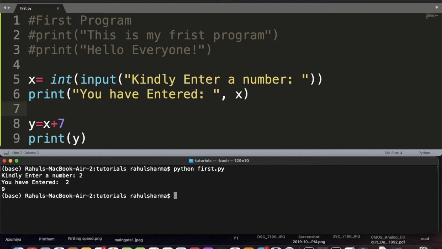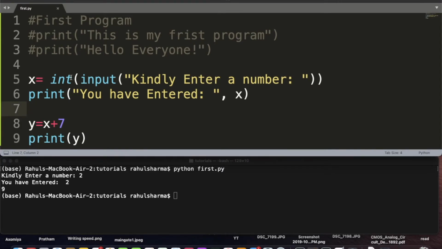Yes, it is working. So what we did here, we used two functions in a single line. The first function was input, by which we were taking input from the keyboard, and the second function is int, by which we are converting that input into an integer. So this is how it is very simple to work on.